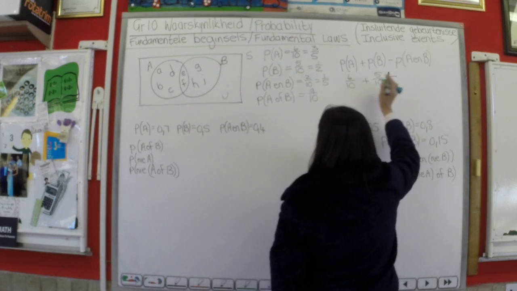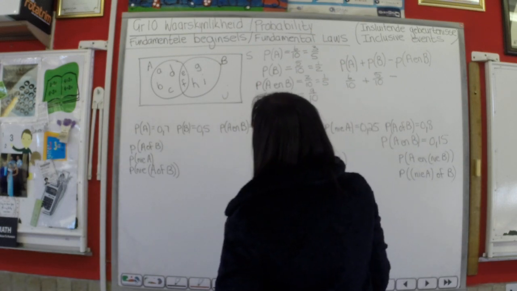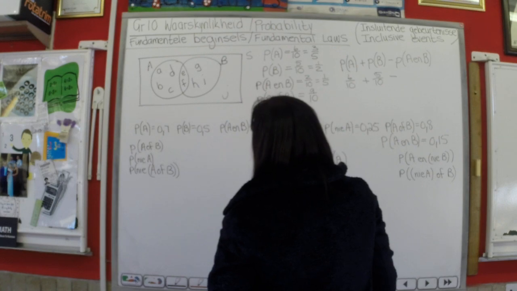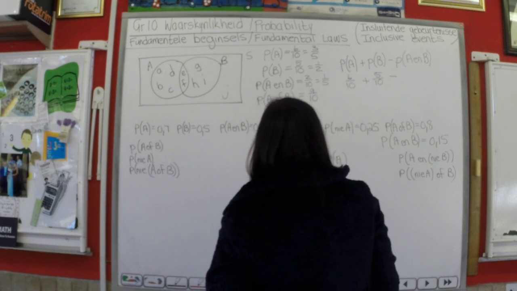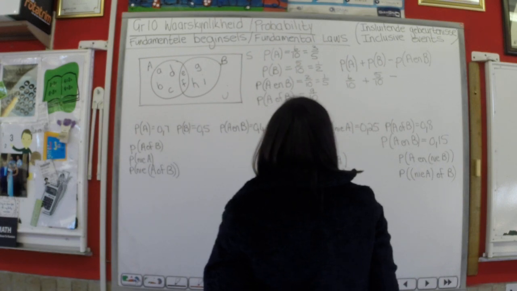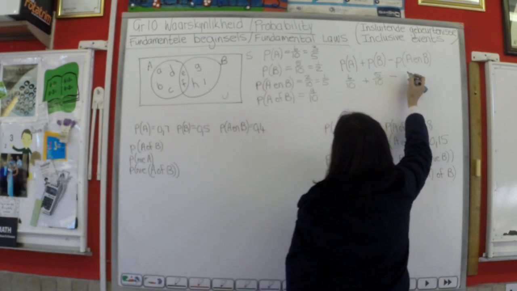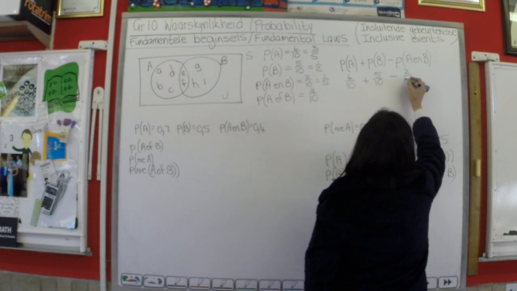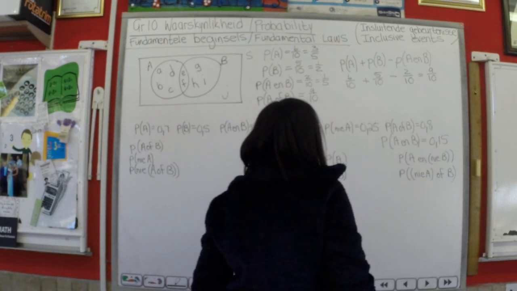So I then subtract the probability of, just check this out, probability of A, probability of B, right? Then we subtract the probability of A and B, that's 2 on 10, and that's going to give me 9 on 10. Right, that's